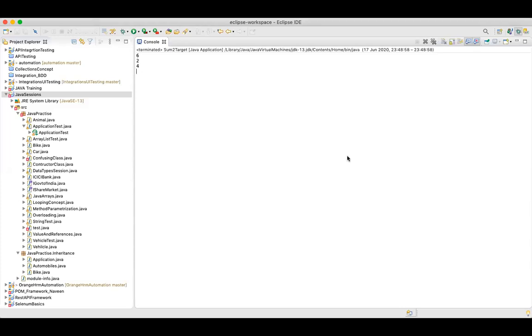Yesterday we saw array list, right? Before that we had a session where we saw an introduction to the collections framework. That was entirely an introduction; we didn't discuss any classes. Yesterday we saw in detail how to create an array list, getters and setters, accessing an array list, printing an array list, adding all elements from one array list to another, and how to delete or remove from an array list. There were a lot of things we saw in array list.